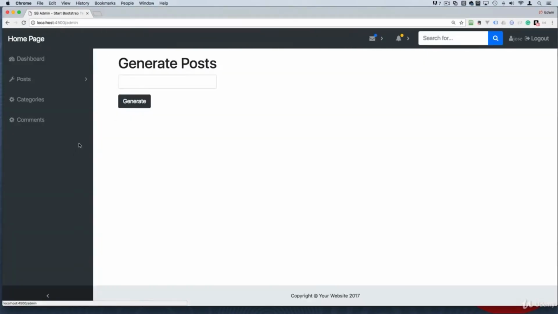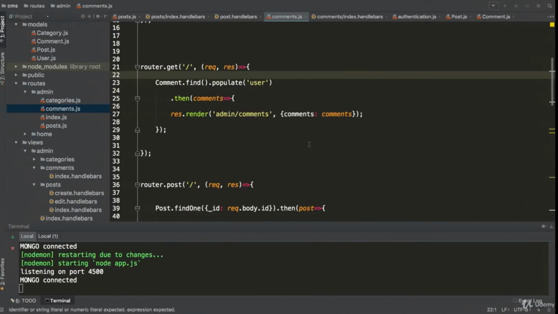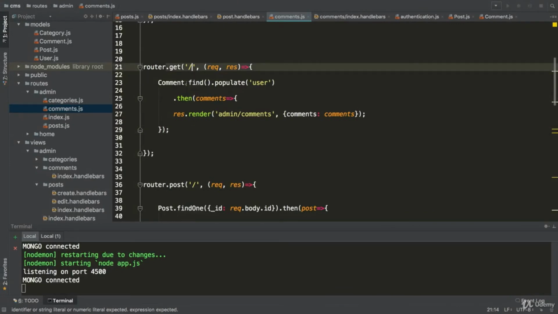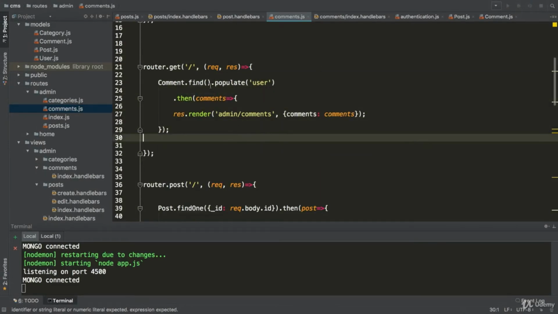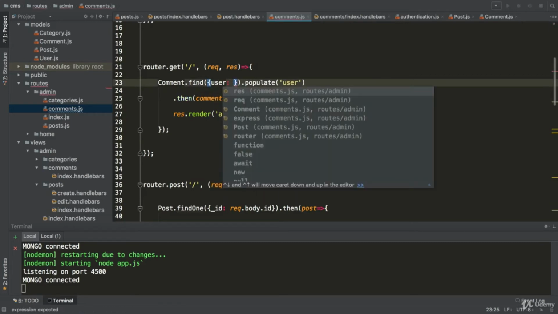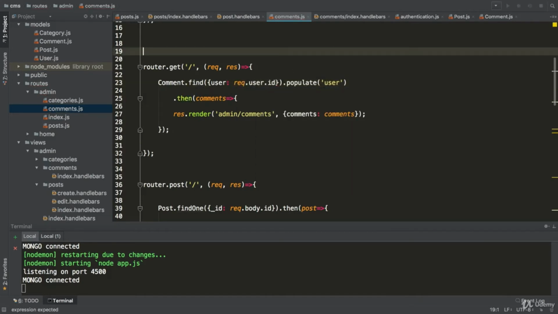My goal here in this lecture is to show you how to filter through the comments that belong to the current user, the user that's logged in, and that's super easy to do. There are a couple of ways that we can do that. We can come to the comments routes, and right here where we are looping and showing all the comments and populating with a user, we can do a little filter and say, I just want to see the comments that belong to the req user ID, which is the user that's logged in. Remember that we get this req user in the request